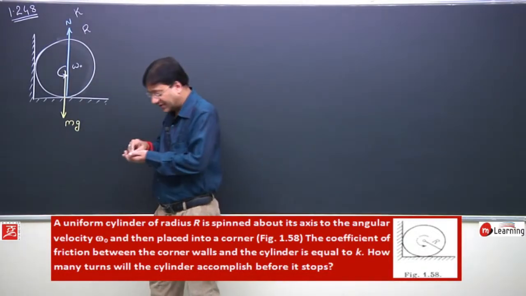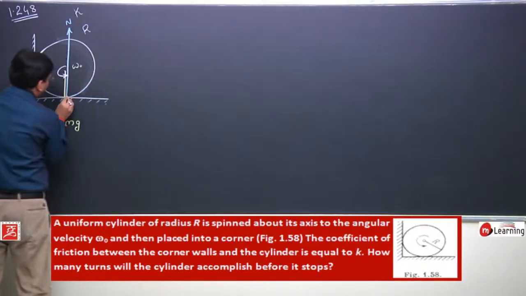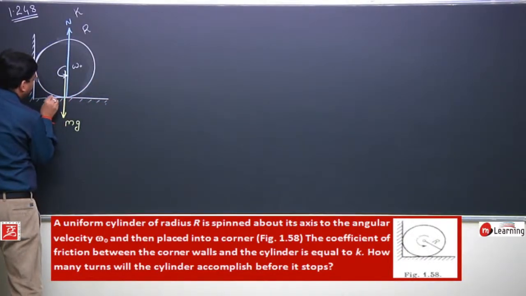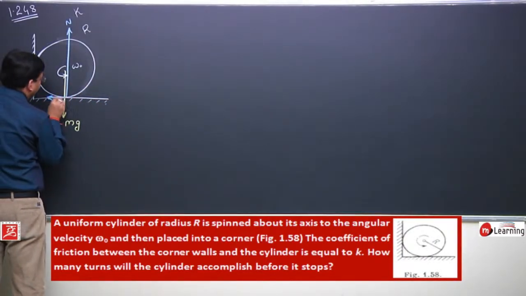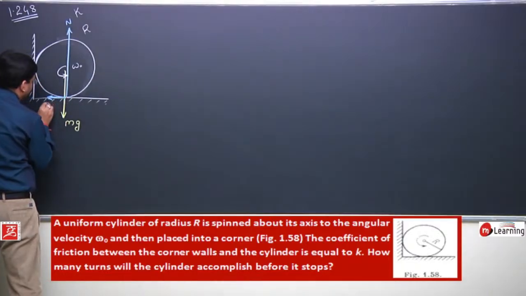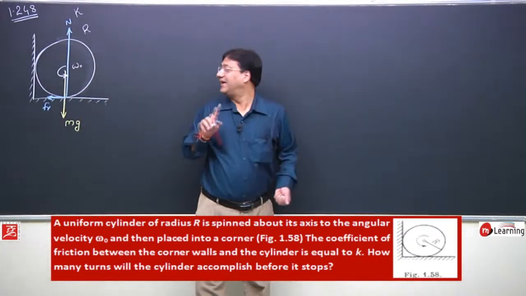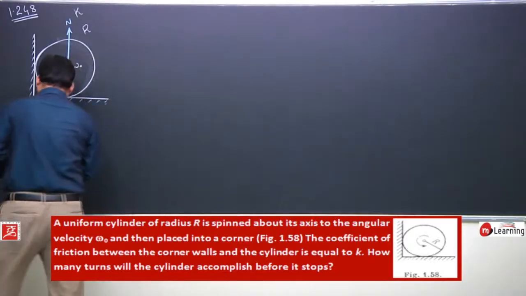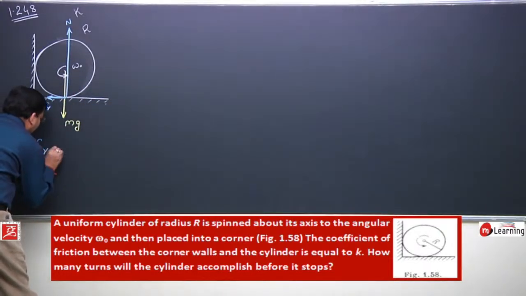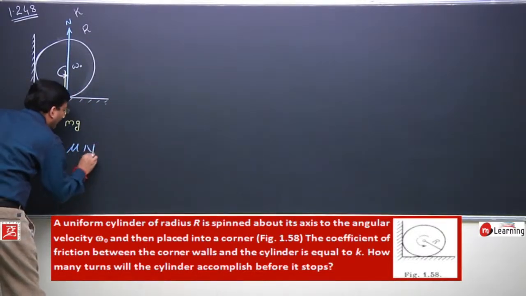It would oppose the relative motion, hence the frictional force at this horizontal surface would act in this direction. This would be the direction of frictional force Fr, and for this frictional force I will immediately write that this Fr would be equal to mu into N